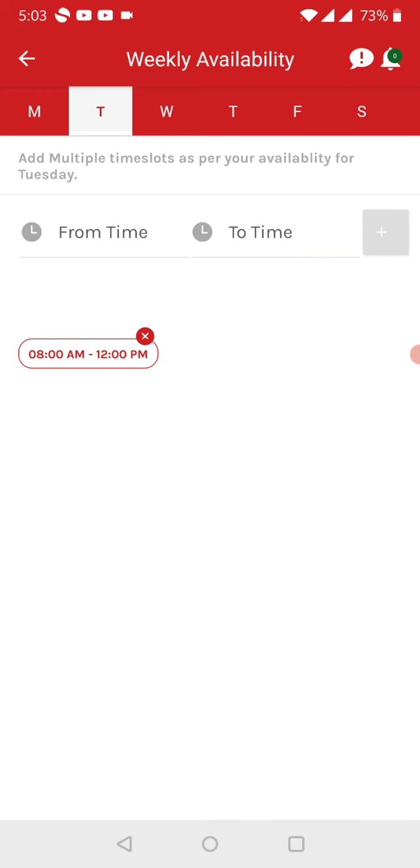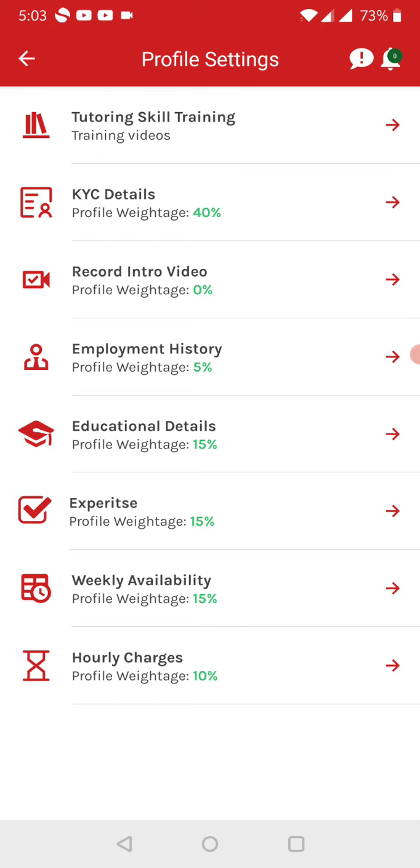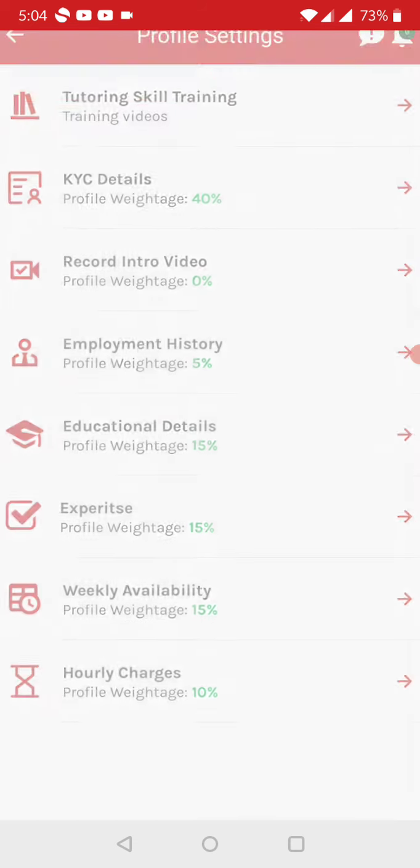This is a one time requirement, means you need to just update once. You can keep on editing as soon as your slots get updated or blocked, you can change the details. But this is a one time investment, you can say the time investment, because once you do all these details, these leads you'll be getting for lifetime.